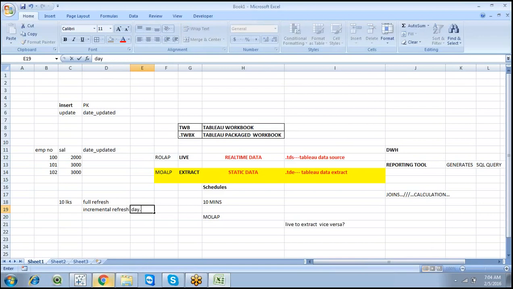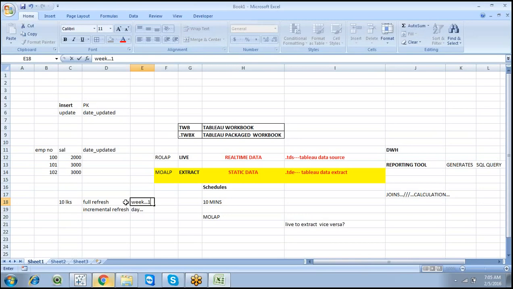Every day we are going to do some incremental refresh, but for better results, I have gone through some blogs and came to know that it is better to go for incremental refresh, and every week or every month go for a full refresh one time, so that you can load all the fresh data.